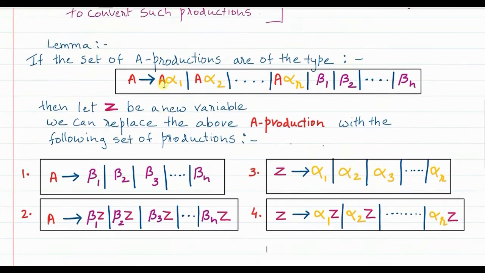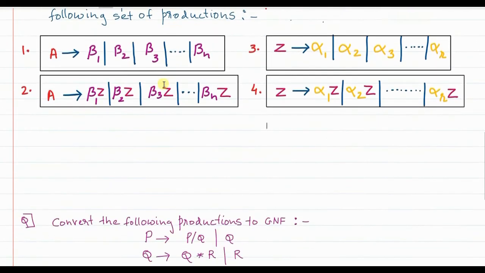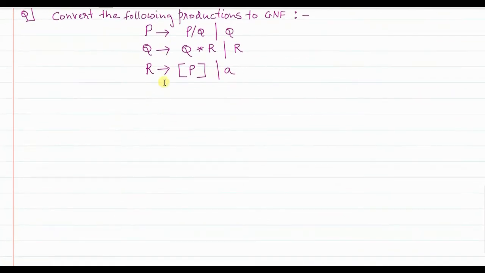We will solve this as we solve problems. So without wasting time, let us consider the following productions of a given grammar, and let us convert them to GNF. So let's start. Step 1 will be common, and that step 1 involves elimination of null productions.